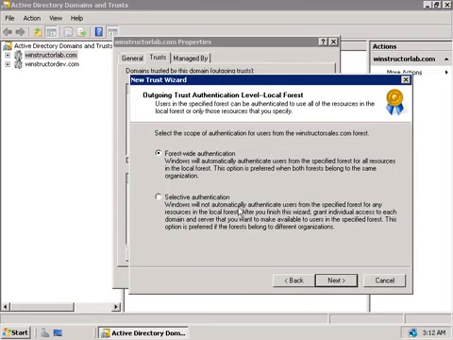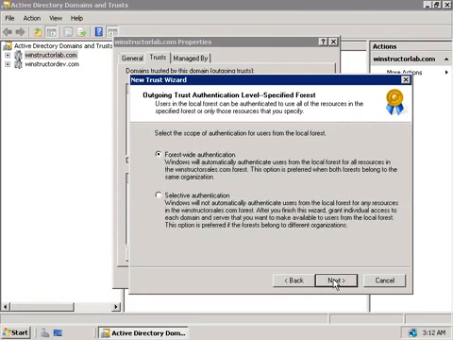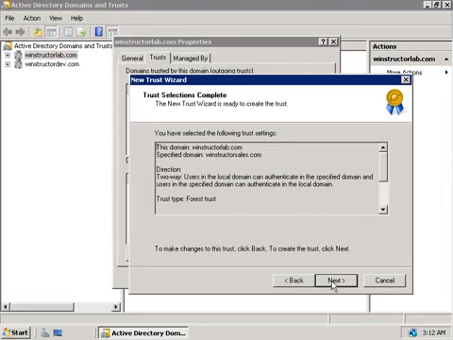But I'll allow access to the entire forest though, so we'll choose the top option, but you can change it back to selective authentication later on if you need, so it doesn't matter what we choose here, we'll just click next. And here we have basically an identical screen to the last one, except with this screen, we'll be configuring the reverse settings. What sort of access that we'll have in the Winstructor sales forest. Again, we can choose forest-wide authentication, so we can access any server and any domain, or just selective ones. So we'll leave the default at forest-wide and we'll click next.